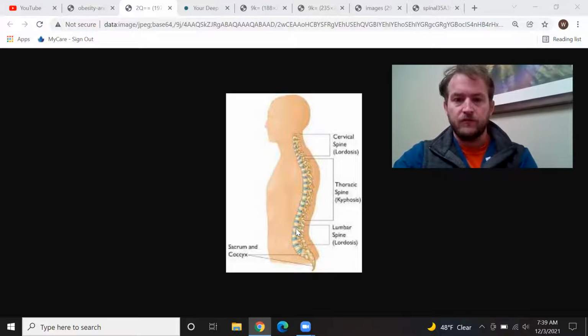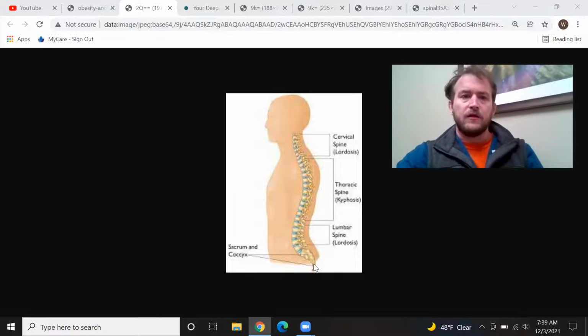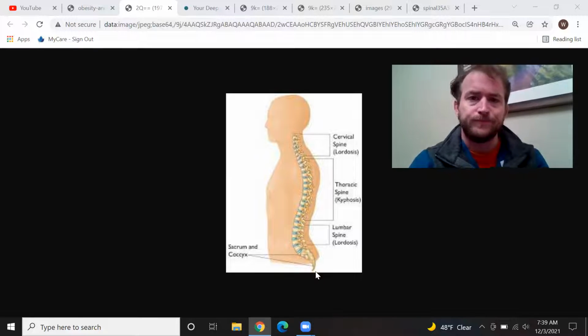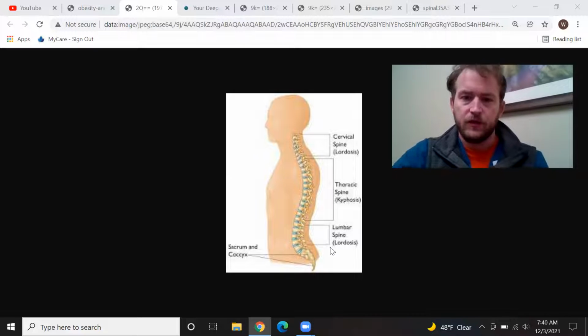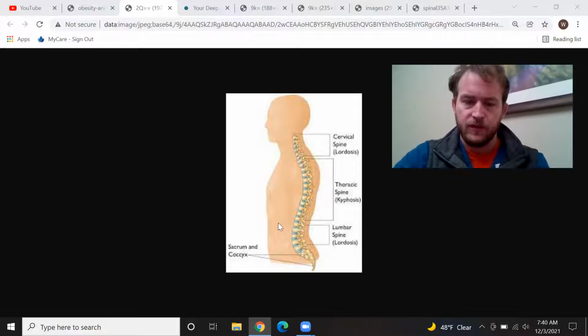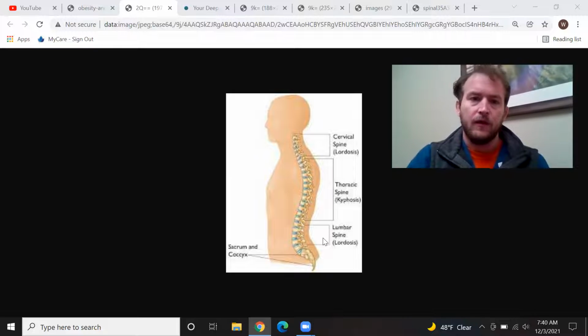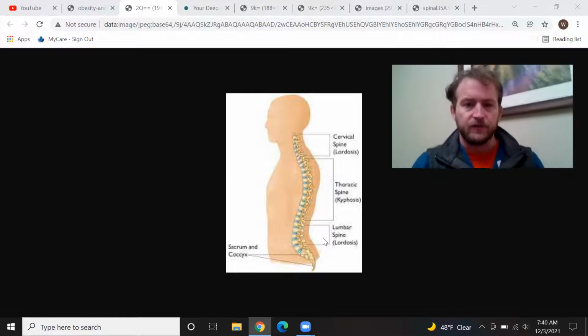There's the lumbar spine, which typically people have the most trouble with. And then there's the bottom, which is well, there's really five. So there's the sacrum and the coccyx, which people typically don't have as much problems with these areas unless there's some underlying arthritic condition or something. But usually the lower, sort of mid to lower back, the lumbar region is where people have problems. And particularly if you've got a large body mass,